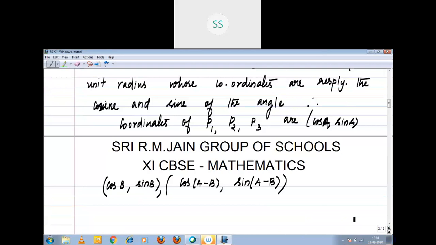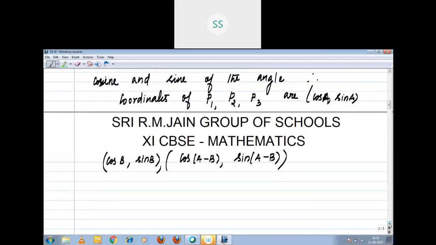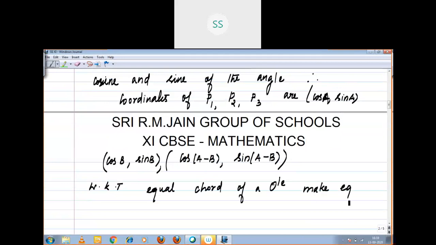Now, we learned one concept already. What concept is that? Equal chords of a circle make equal angles at the center. That we know, right? We know that equal chords of a circle make equal angle, right? Equal angle at the center,